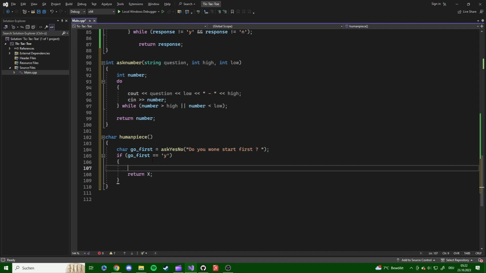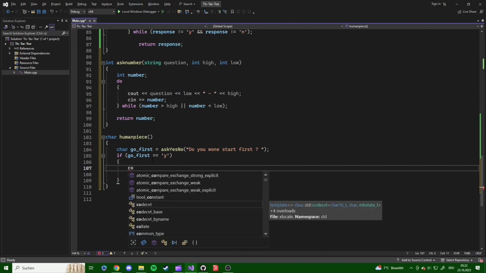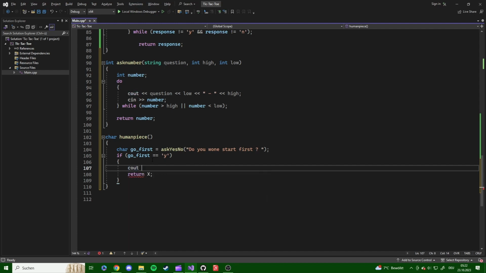And we can also write a little text, and we can say, as we would speak from the computer perspective,